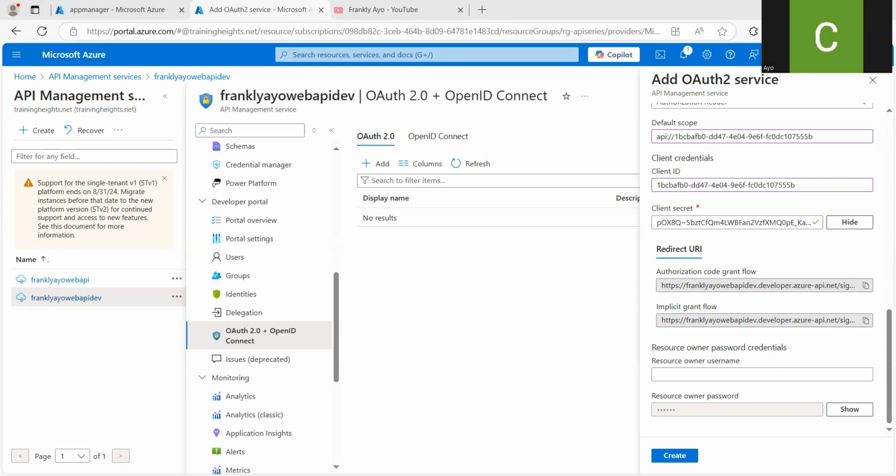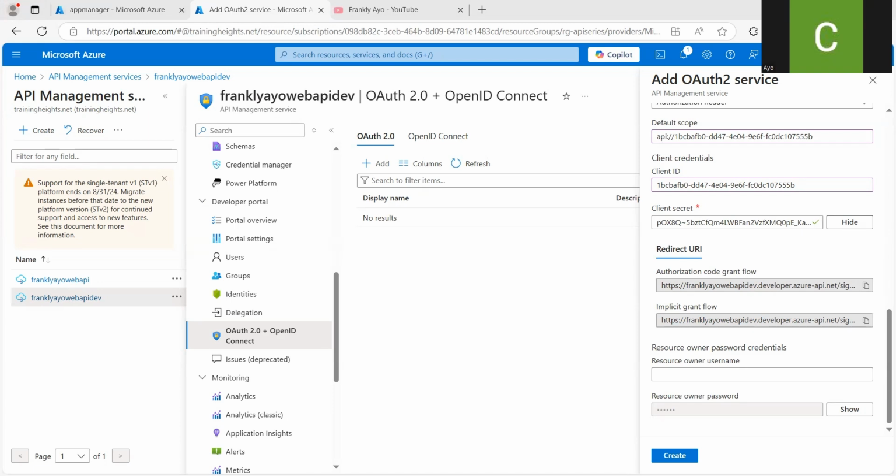Yeah, we've added the client secret, then authorization code grant, we've copied it. Okay, so let's now add the code grant as the redirect URL